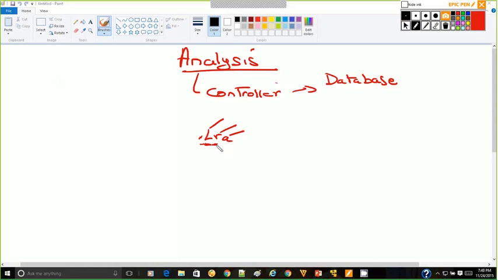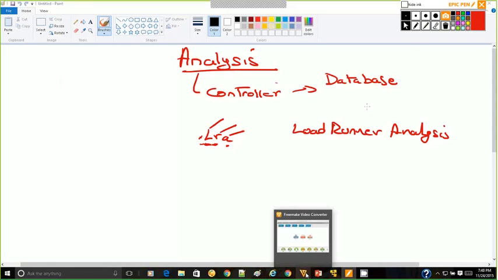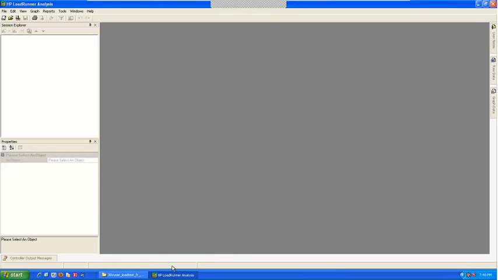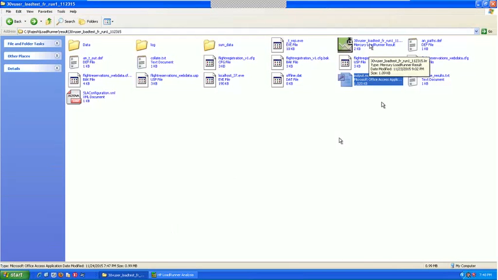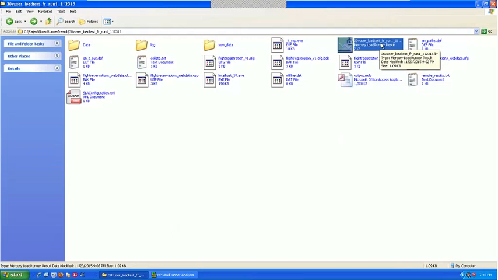It's basically LoadRunner analysis. That is what they call it. That's the file extension that we are going to see here. If you go into our VMware, you will see that this is the extension of the file here.